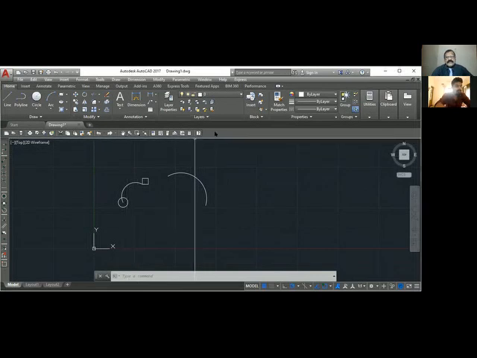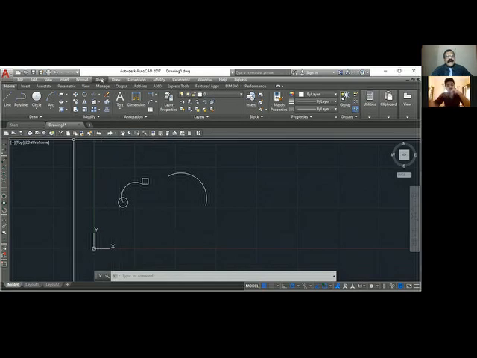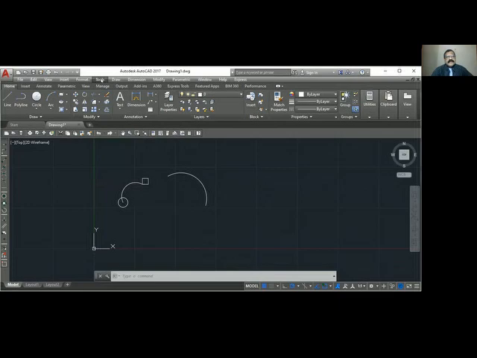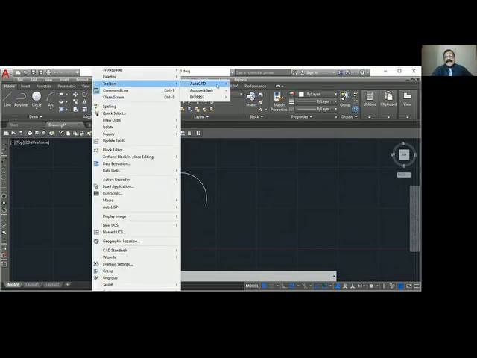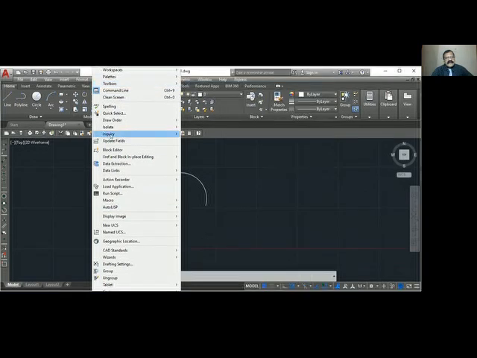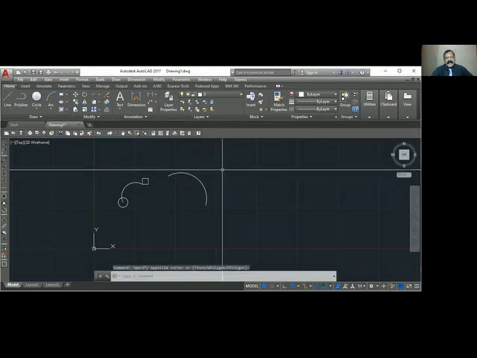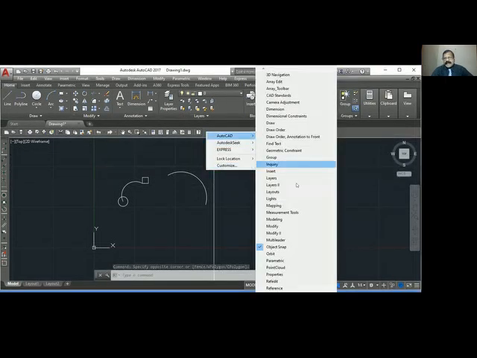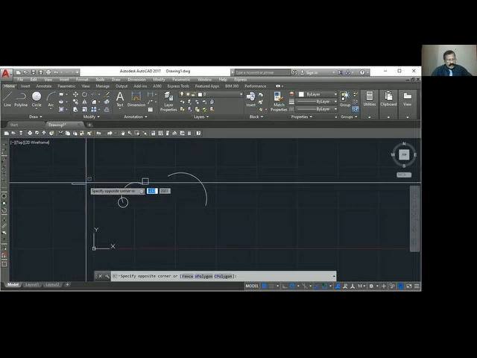Always you try to switch on this standard toolbar. So how will you do that? Tools, toolbars, AutoCAD, and switch on the standard. So you'll get this toolbar. Once you open one toolbar, then you right click AutoCAD and switch on the object snap also. Sometimes you may require that also. Object snap, OSnap. So object snap has come here. These both are very important.